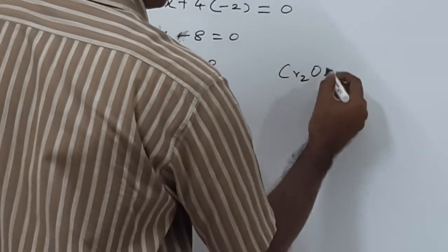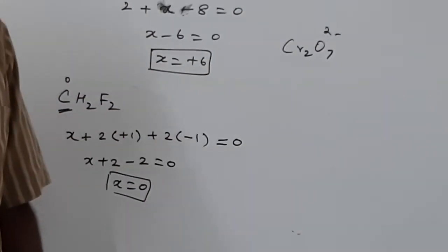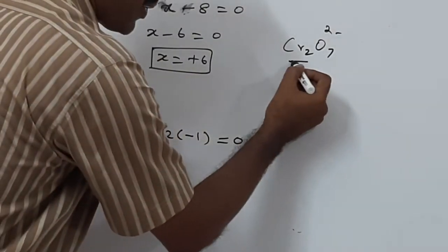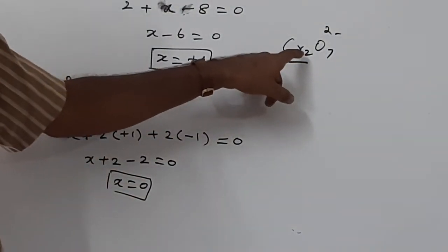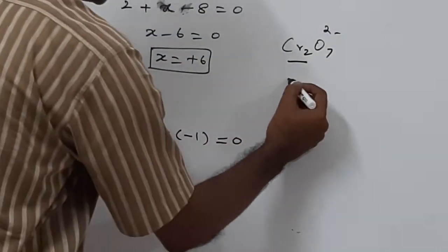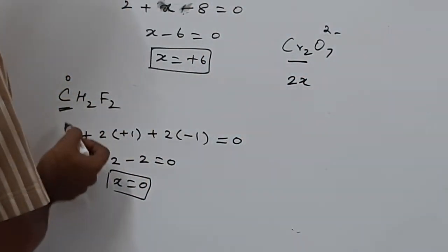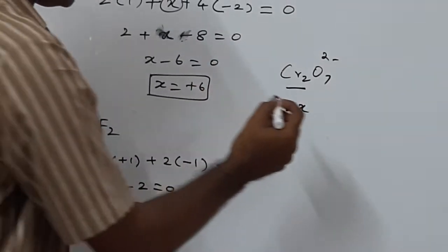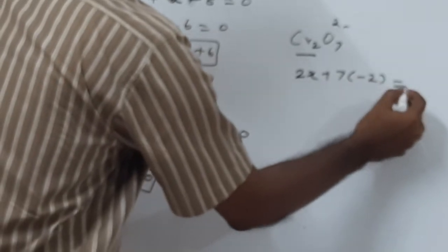Let us take one ion, Cr2O7 2-. Now this is a case of a polyatomic ion. For a polyatomic ion, how to calculate the oxidation number? Here I am calculating the oxidation number of, say, chromium. Now you see there are 2 chromium atoms here, that's 2x. In other cases there is only 1 sulfur, only 1 carbon, therefore I have mentioned only 1x, whereas here you have got 2, therefore 2x. Plus 7 oxygen atoms, so 7 into -2.